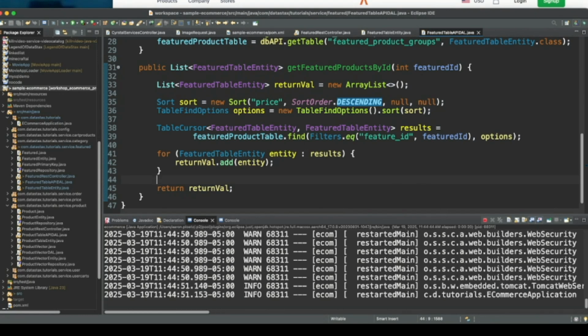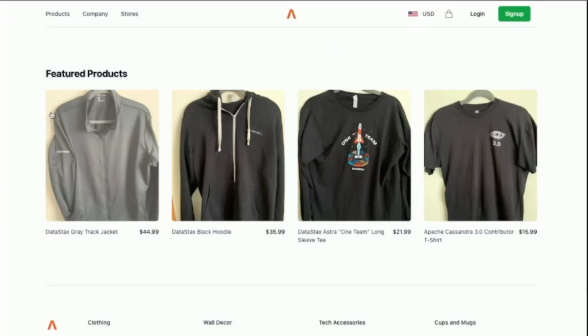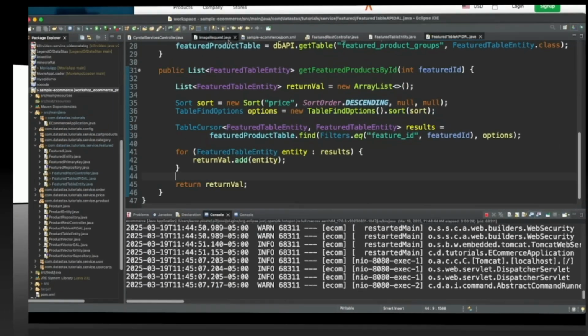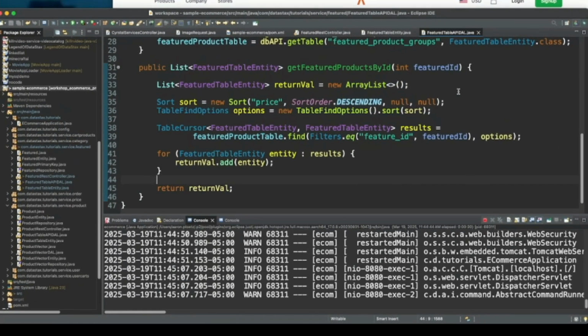Okay, so now that we've rebuilt with that, we should be able to go back here, and boom, these are now sorted by price. So yeah, this is working, and the great idea about this is it gives us some abilities to sort and kind of rethink our result sets in ways that really weren't possible with regular CQL tables. And the Table API lets us do that.